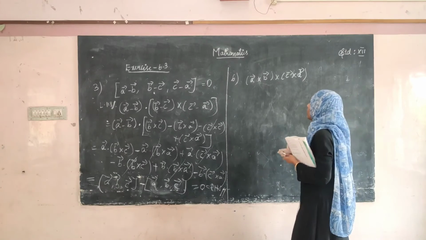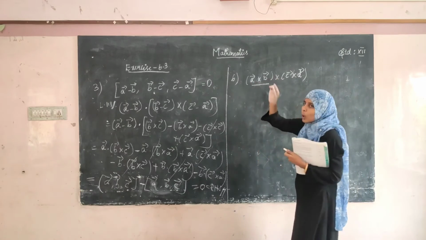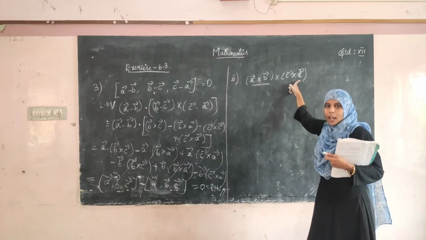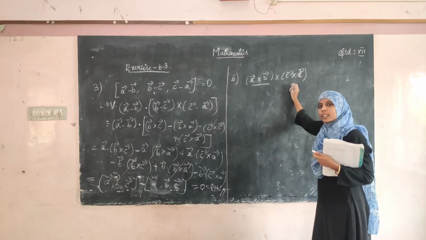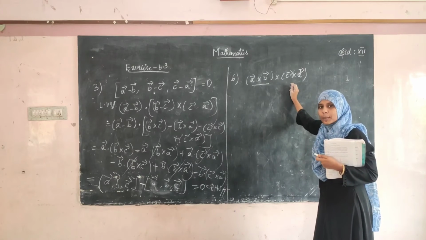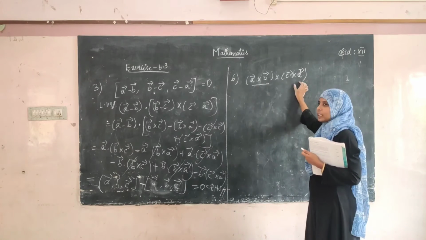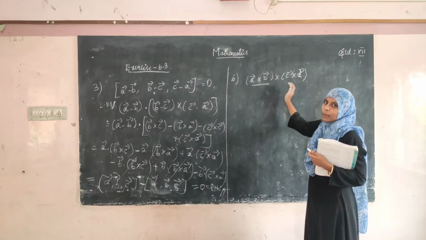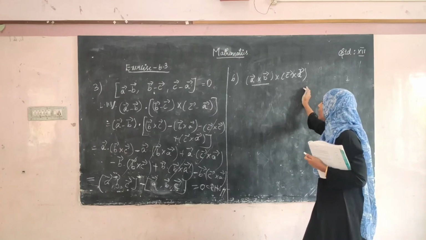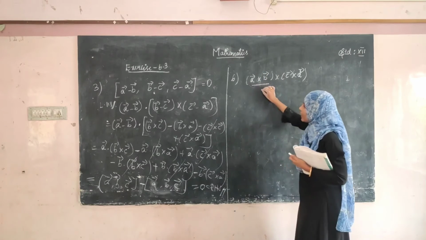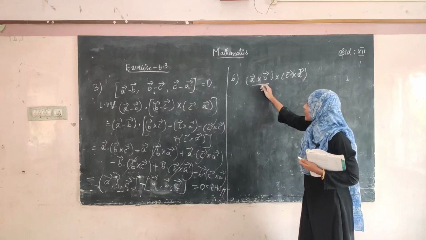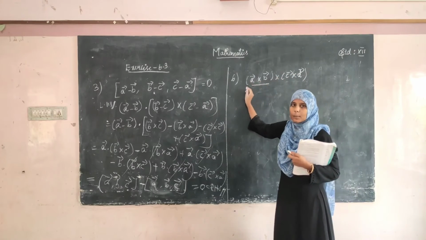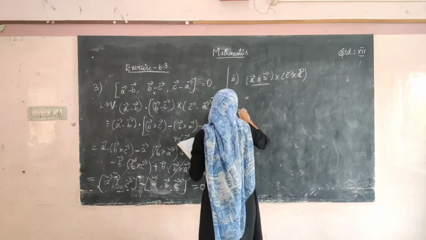Okay. Now let us take this as the whole vector. This is the first vector, this is the second vector and this is the third vector. We can expand this in the format of the vector triple product, right? A vector cross B vector cross C vector is A vector dot C vector into B vector minus A vector dot B vector into C vector. So instead, let us take this as one whole vector. We can use the vector triple product, right? So now let us expand in that format.